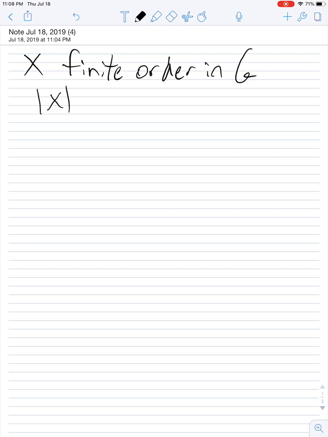Okay, for this question, they tell us that x has finite order in G. So we can say that the order of x is equal to n, where n is some integer. Now they want us to use the division algorithm to show that any x to the m, for any integer m in Z,